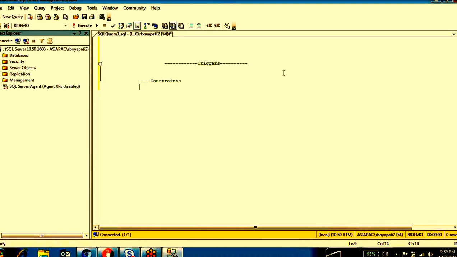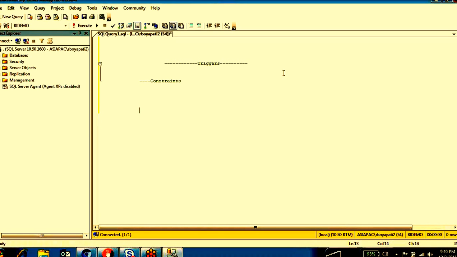If you want to write your own constraints, for example, if I'm going to insert data on a particular table, before inserting data into that table I want to do some operation. Like before inserting this data into the particular table, I want to insert into another table also, or I want to delete somewhere, or any kind of operation. So this kind of programming you can put inside a trigger.